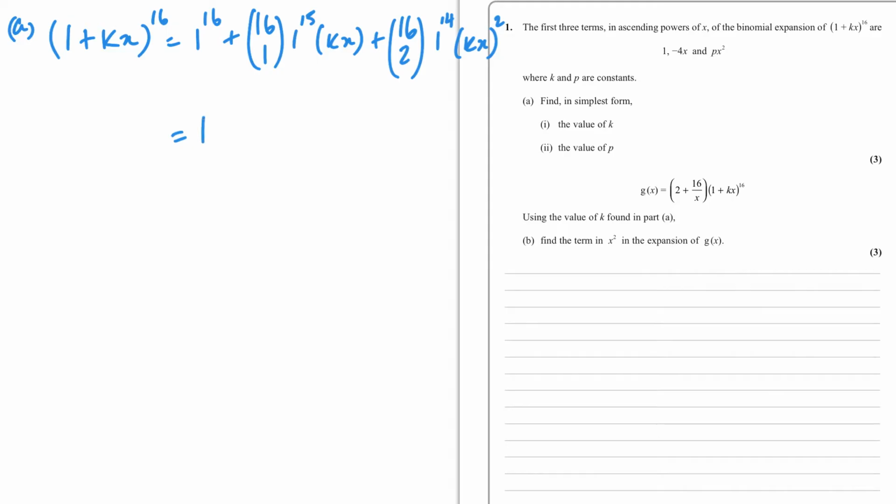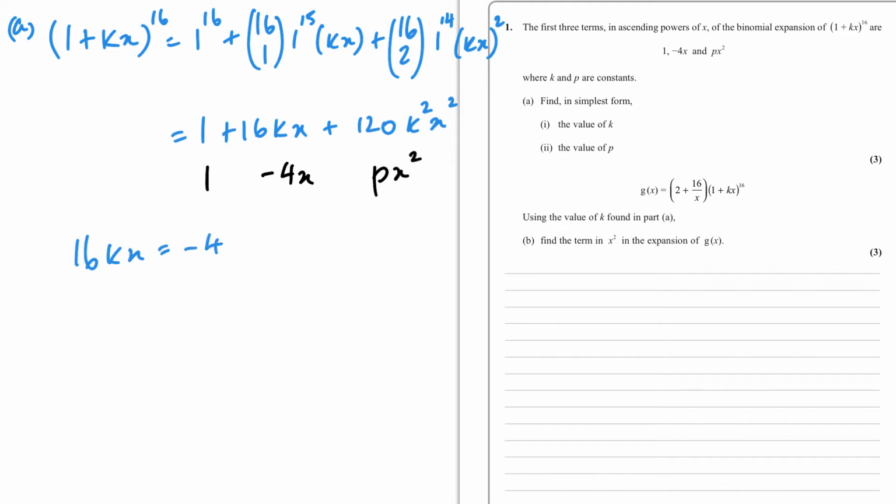Oh, that is 1. Then we have 16 kx and then 120 k squared x squared. And these are equal to 1 minus 4x and px squared. So